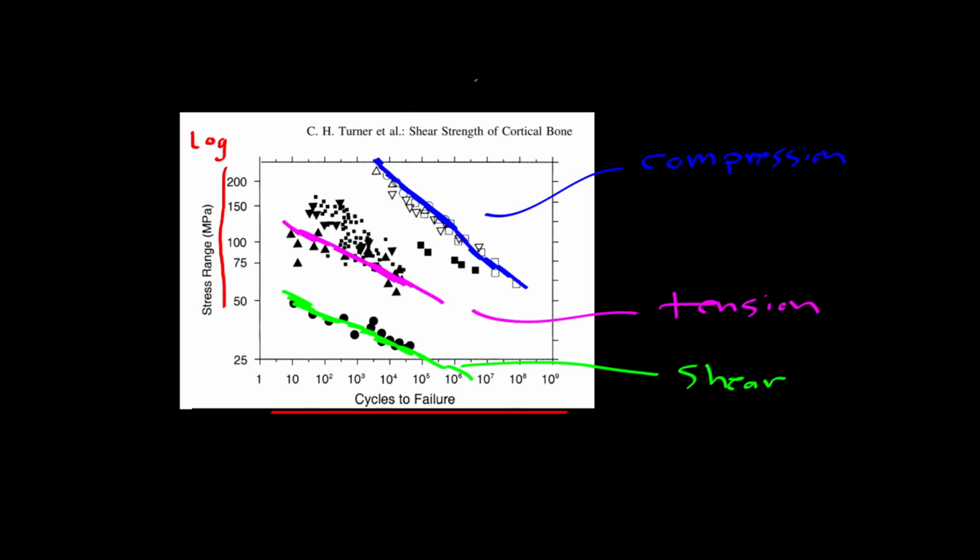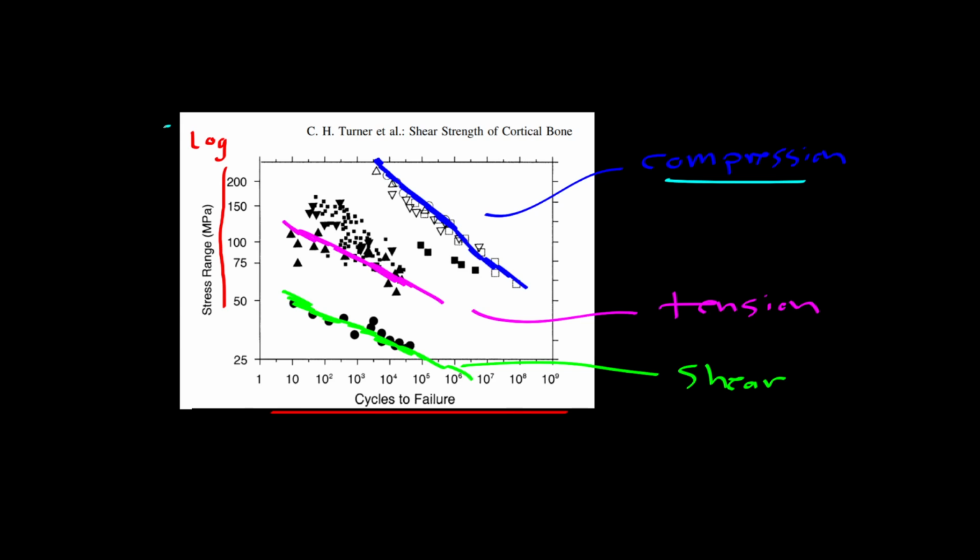I wanted to make a quick video showing SN curves as you might see them in scientific studies if you're really interested in the mechanical properties of specific tissues. So this is a set of SN curves from cortical bone loaded in compression, in tension, and in shear. And one thing to notice about this plot, and you'll see this commonly in engineering plots, is